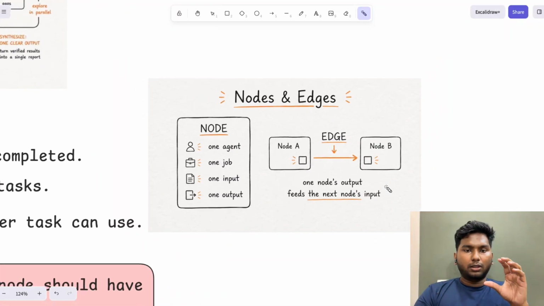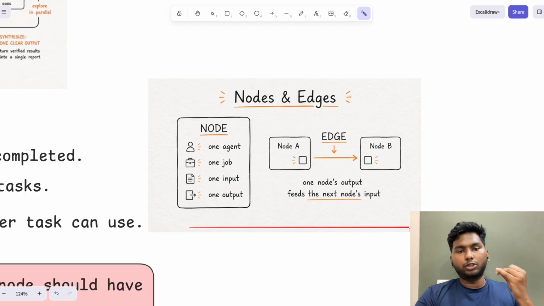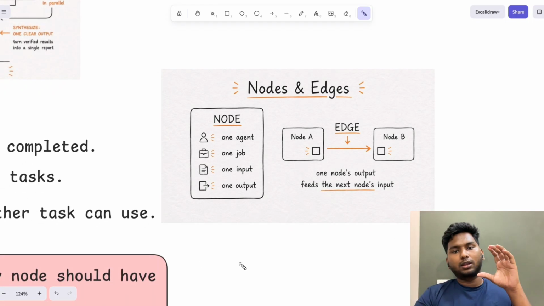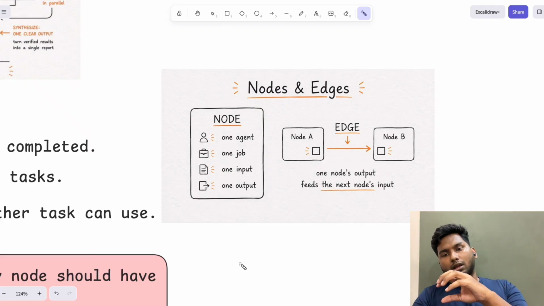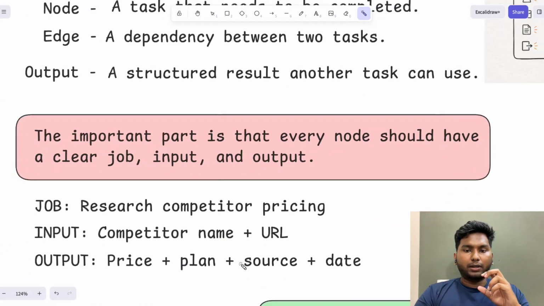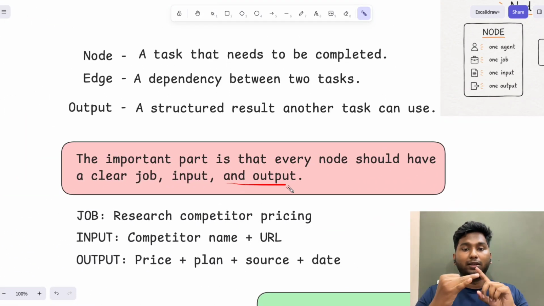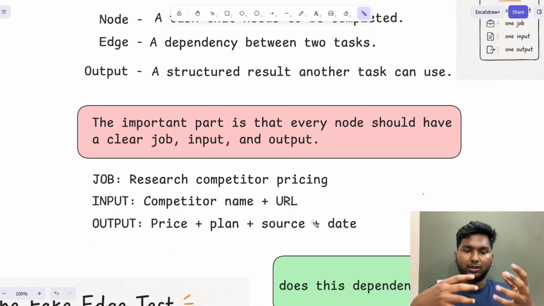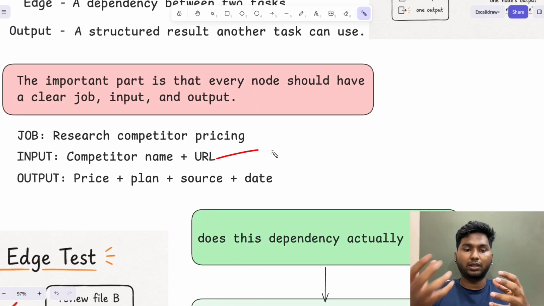If you look at what a node looks like, a node contains an agent, a job to do, an input to process, and the output that it gives. And what do we mean by an edge? An edge is a dependency between nodes, so that the output can be used as the second agent's input. So it can be used for the second agent's workflow. The important part is that every node should have a clear job, an input, and an output. Without a clear job, the agent cannot do the task, and